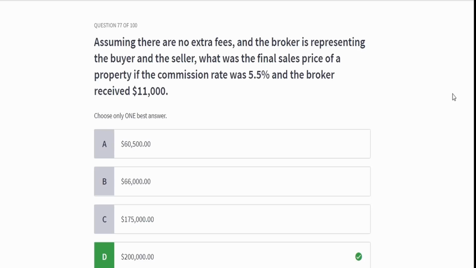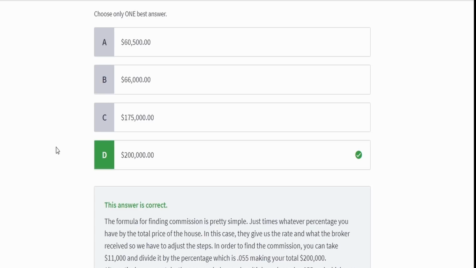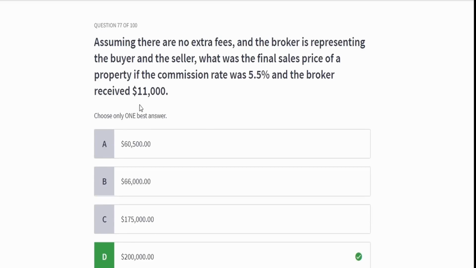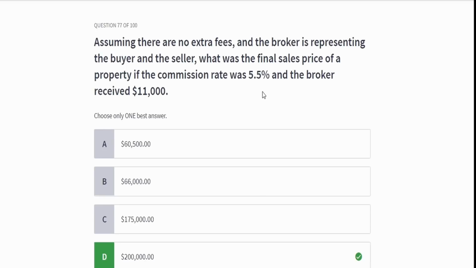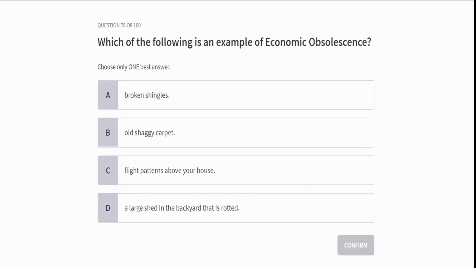So you need to figure out a way that you're most comfortable with it. So either you're taking that commission rate, that 0.055, because remember you're carrying over the decimal, and multiplying it by each one. That's the one method. Or like I said, you're taking that $11,000 and dividing it by 0.055. So either way, just make sure you know how to do it, and make sure you find the one that you are most comfortable with and you do it that way.